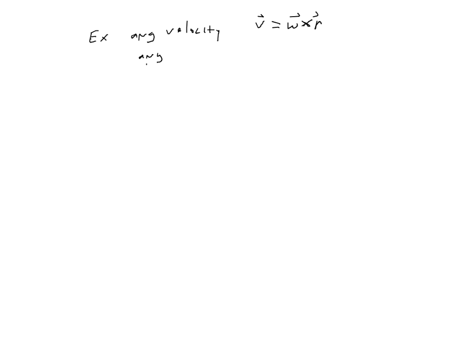Or angular momentum, like orbital angular momentum, that comes from a cross product of the radial vector and momentum. We've got torque, which comes from essentially force and the radial vector. And you've got magnetic field,